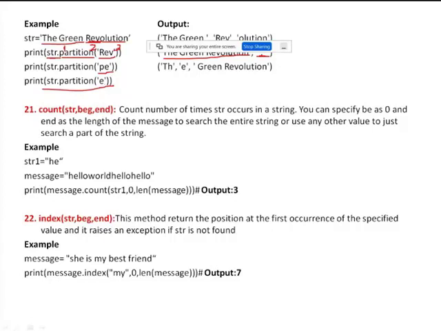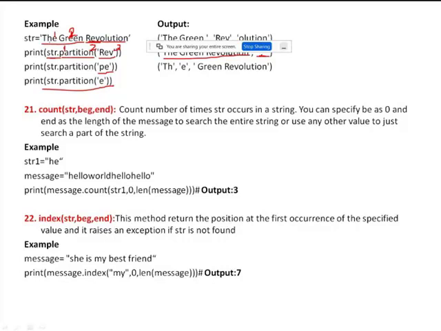Can anyone tell me what the output is here? This partition method will take only the first occurrence. So where is the first occurrence of the character "e" here? This is the first occurrence in "the", and this is the second occurrence of "e".